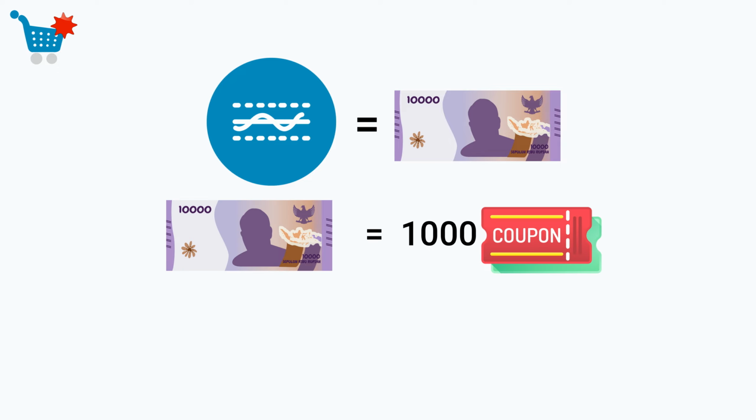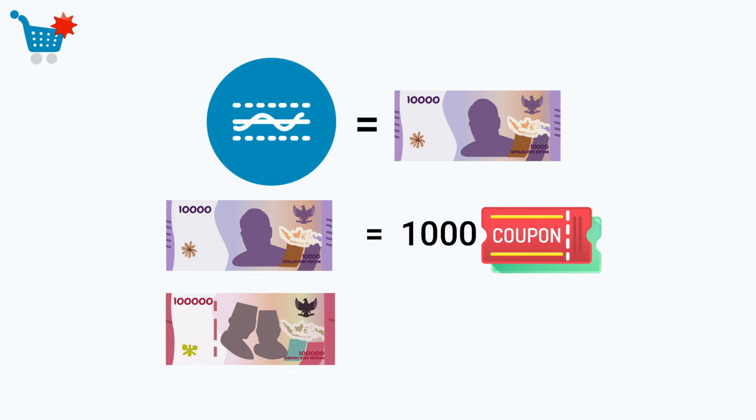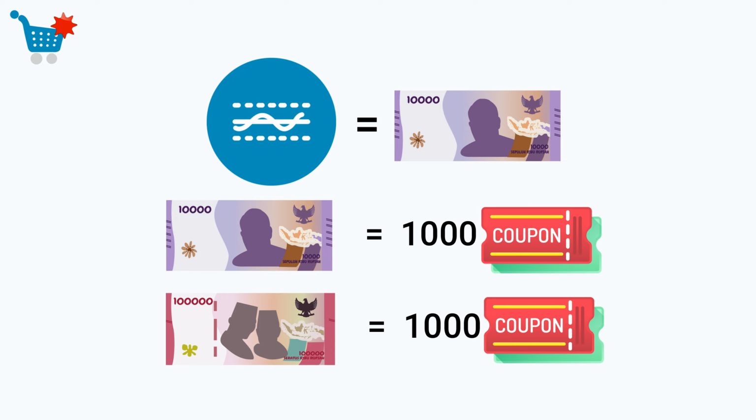If a customer buys an item worth 100,000, what the system would do initially would be to give them the value of one coupon, which is 1,000. And so the excess points will be in their account, so that anytime they come and make a purchase, irrespective